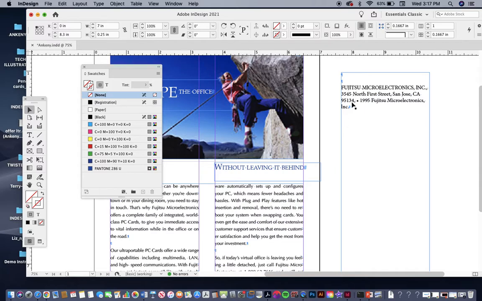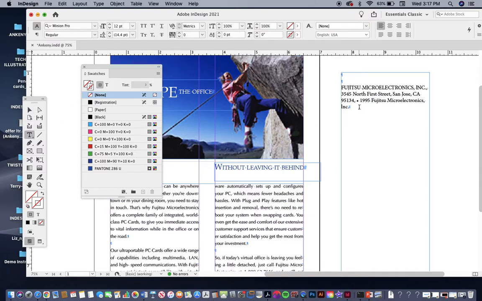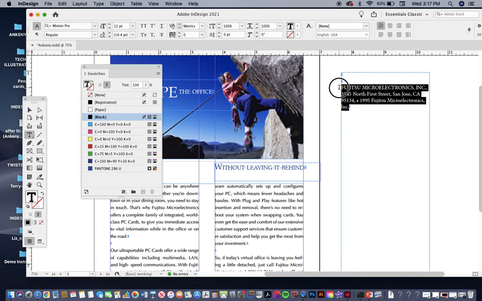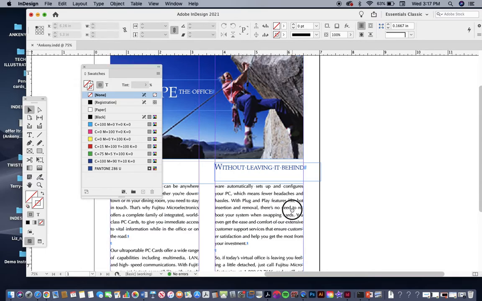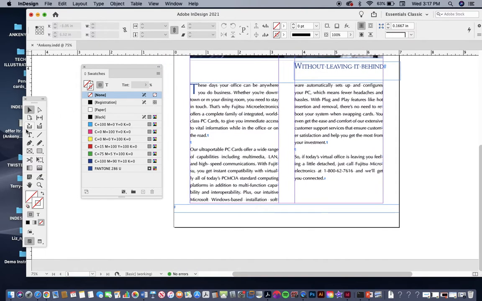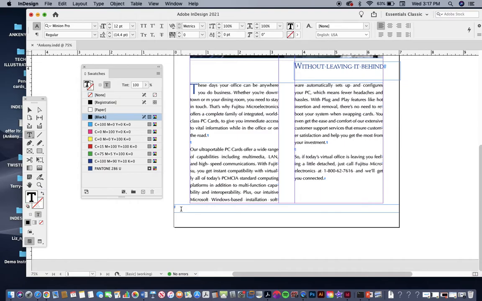And we're going to highlight it with the type tool. Command X, cut. And we'll paste it into our new text box. Command V, paste. Okay, then I'm going to hit Command A. I'm going to look at the specs. It's telling us to make it 9/10 Helvetica. So let's go ahead and,